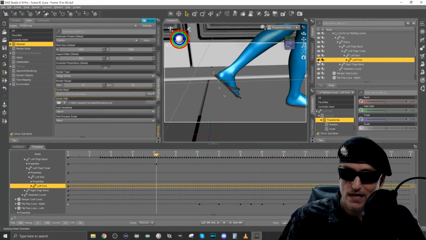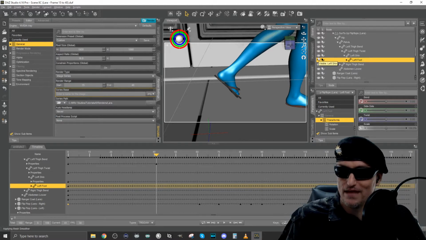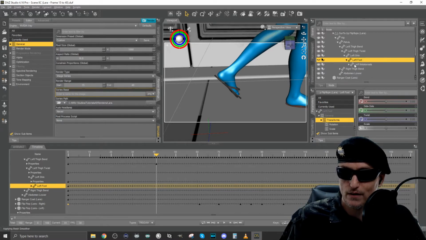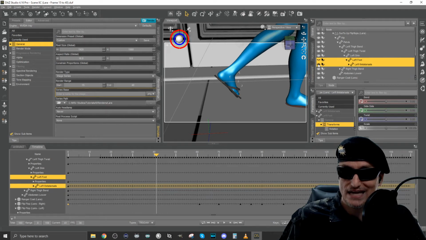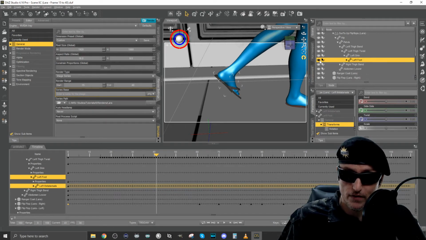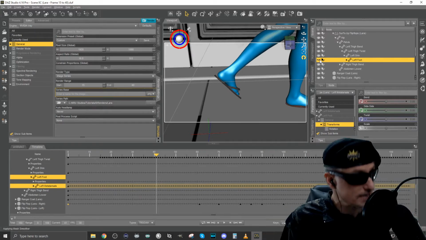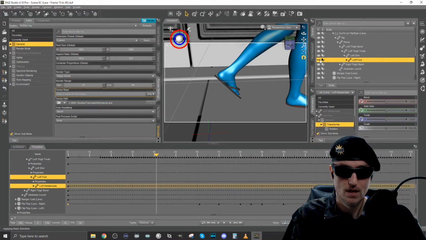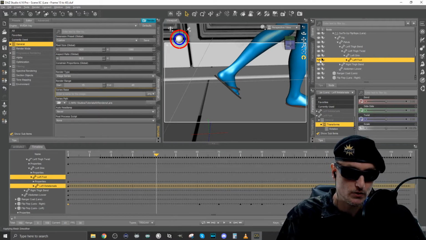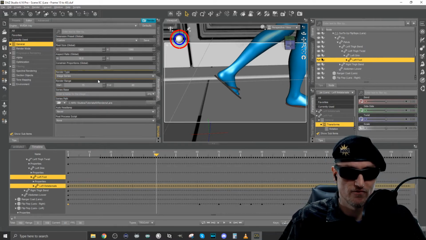Now, if we don't hit Control, it's only going to hide the back of the flip-flop, and then you have to drill down to left metatarsals and hide that as well. So the reason I did it at left foot and just hit Control is because it hides all parts of that rigged flip-flop automatically. And then what we're going to do is render from frame 41